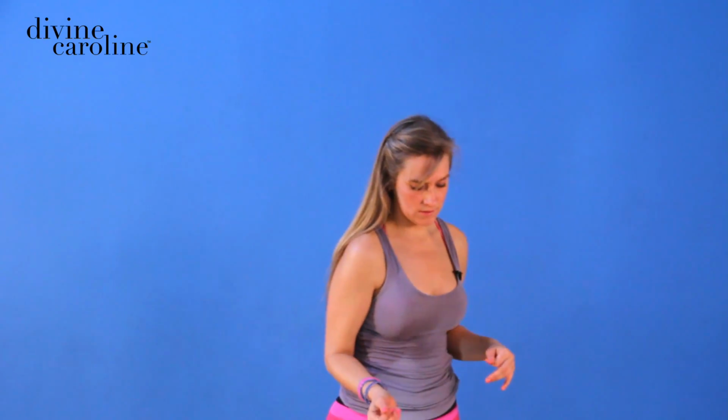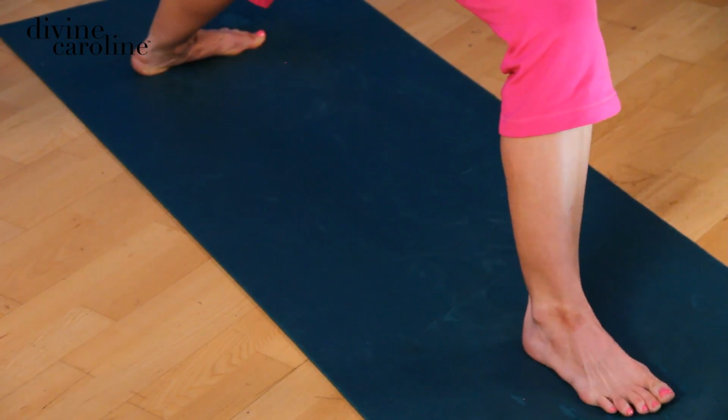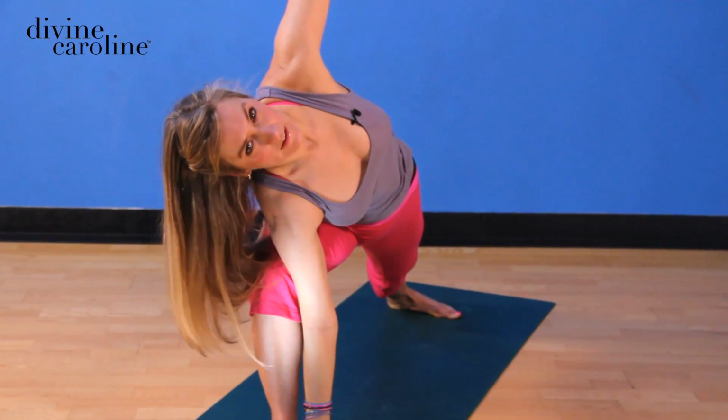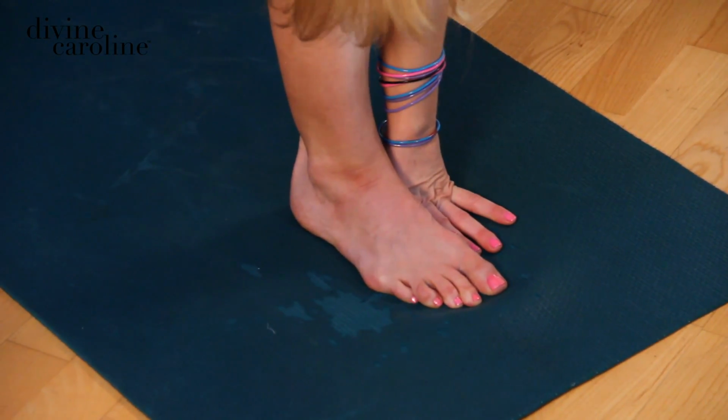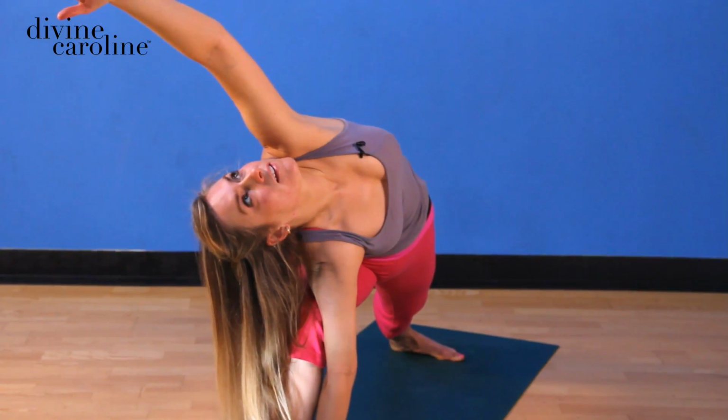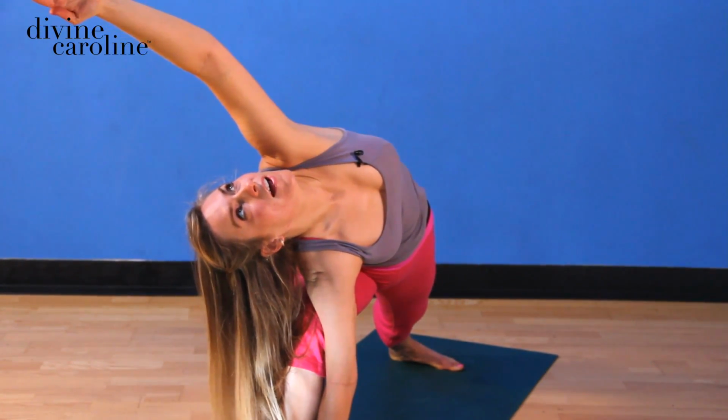And now we're gonna try both of those variations in extended side angle. Just kind of building on what we just did. Same principles apply for the alignment of the feet here in triangle. Inhale down, just bending the right knee, and take the hand to the floor. Now check this out. I can actually swirl my shoulder around and make a different type of diagonal from fingers